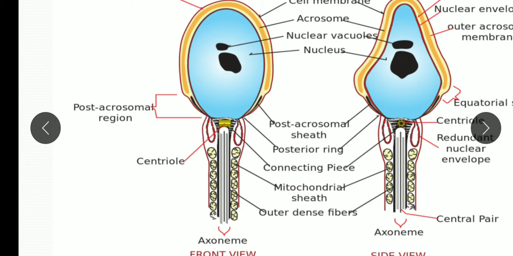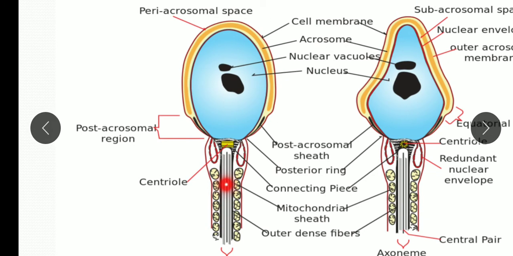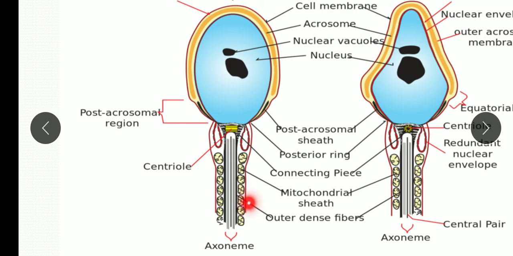So this is the middle piece. The middle piece also has a long and thick portion and provides a passage for the axial filament. Here you can see in the middle piece that there is a passage for the axial filament to reach the tail region. Now various mitochondria, you can see these are the mitochondria in the middle piece, together form a round and coiled sheath around the axial filaments. And what is the role of these mitochondria? To generate energy for the movement of the sperm.